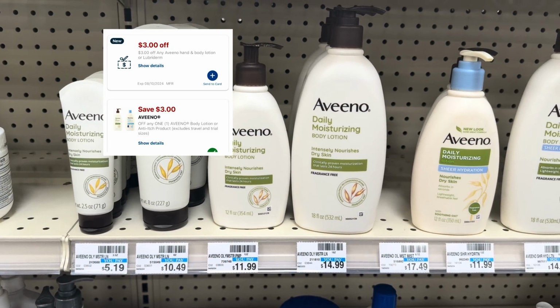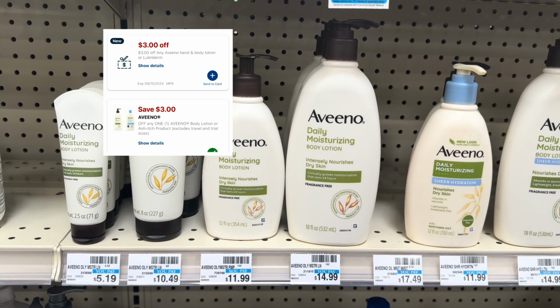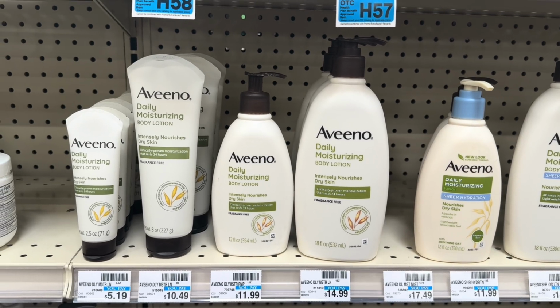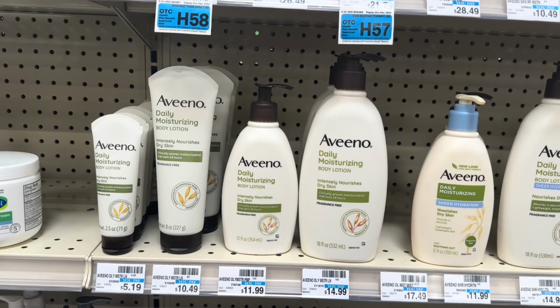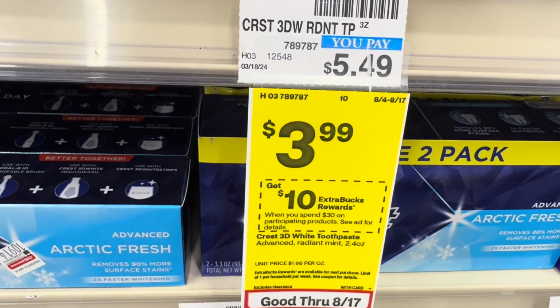Use the $3 CRT we received today and the $3 digital coupon. Both will drop it down to $5.99. And if you don't mind paying out of pocket, you can use any percentage of CRT you have to even make it cheaper. The next deal I have here will be the spend 30 get $10 back,